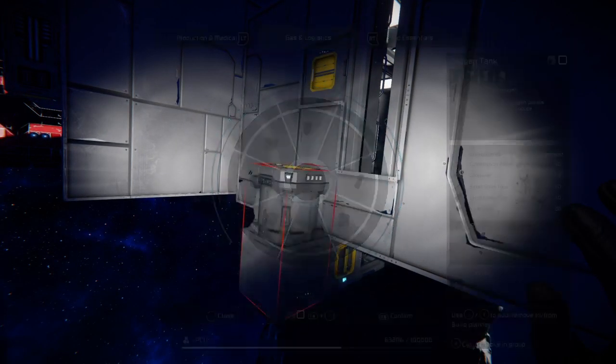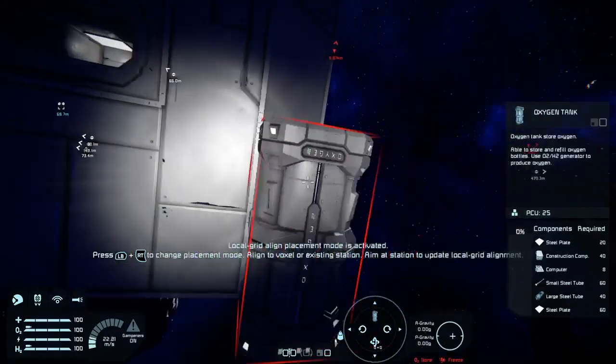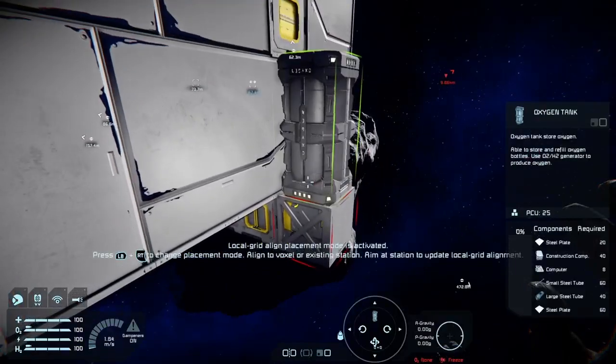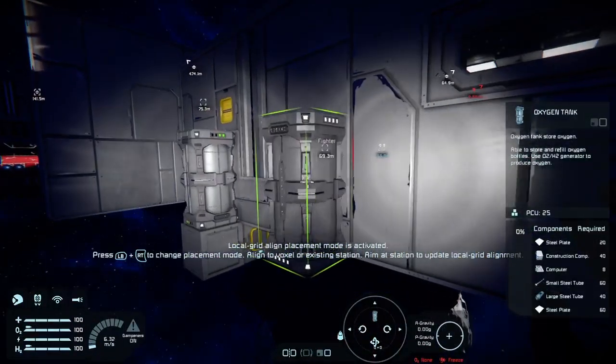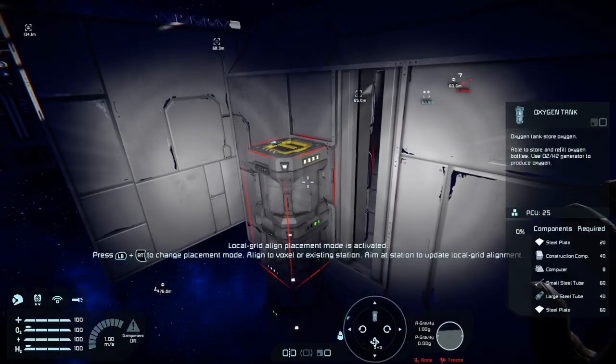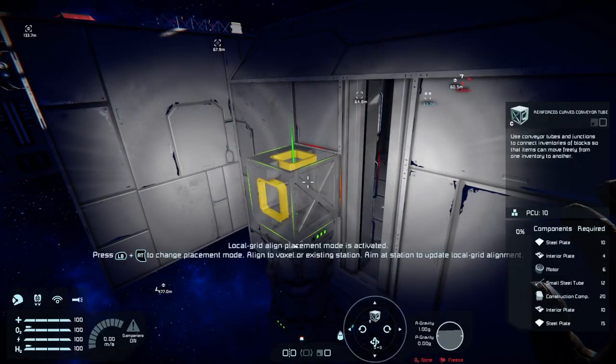So now we want an oxygen tank here. We'll want an oxygen tank here as well. So our main base has its own air supply, and our airlock also has its own air supply.